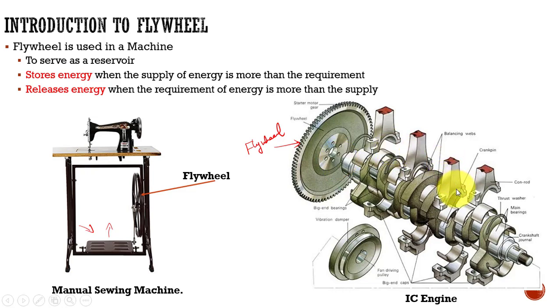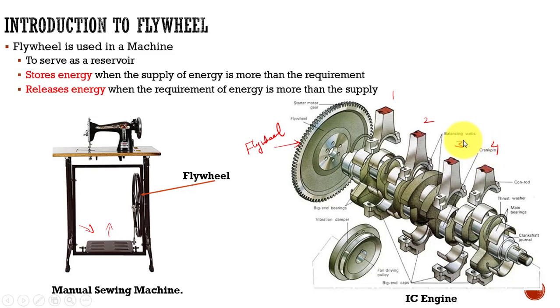Since you have four cylinders, we can have a firing order, for example 1, 2, 3, 4, which is a sequence of cylinders. The firing order is defined by the sequence in which the combustion happens in each cylinder. It may be 1, 4, 2, 3, or 1, 2, 3, 4, or 1, 3, 2, 4, like that. We will discuss later in this course how to decide the firing order of a multi-cylinder engine.